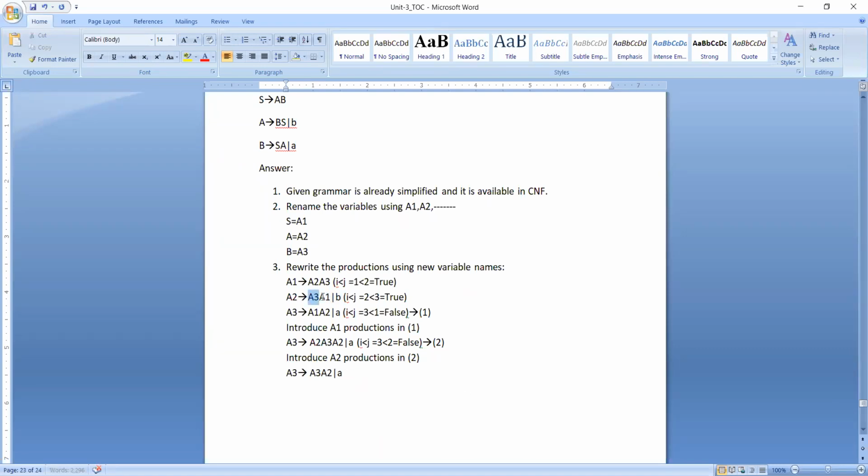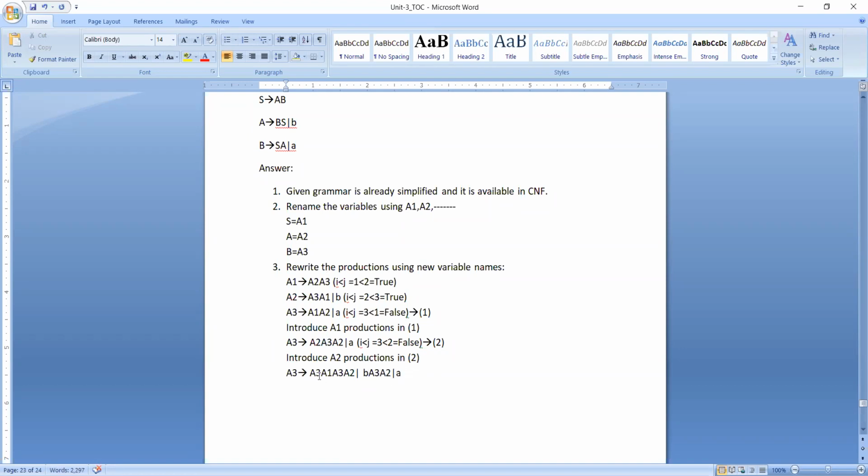First we will replace this A2 with A3, A1. Now we will get A3, A1, and this part is already available with A3 itself, which is nothing but A3, A2. Okay. Then the second production we have with A2 here is small b, B followed by A3, A2. B followed by A3, A2. Okay, and already we have small a with it.